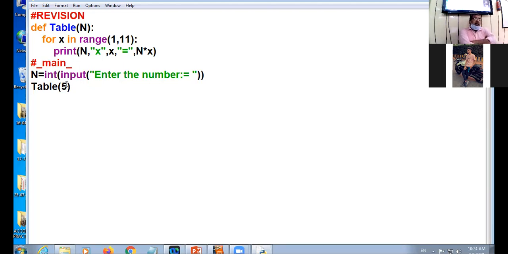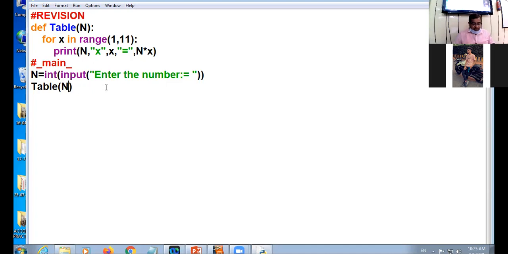Directly I am passing the value while calling the function. Can I pass direct values during the calling of the function? Tell me please. Yes, I can.